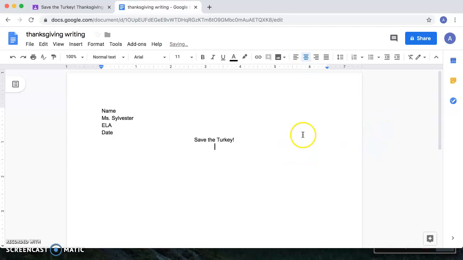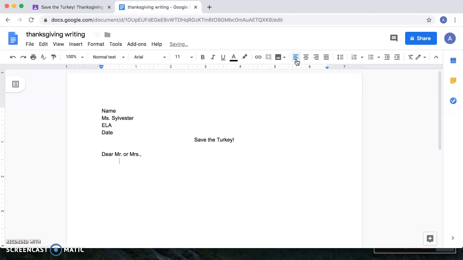And we're going to go back to the top, and we're going to press left align. This is going to bring your cursor back to where you started. Press enter one more time, and we're going to start our letter how you start any letter, with Dear Mr. or Mrs. We're going to put a comma, press enter, and we're going to press the tab button, which